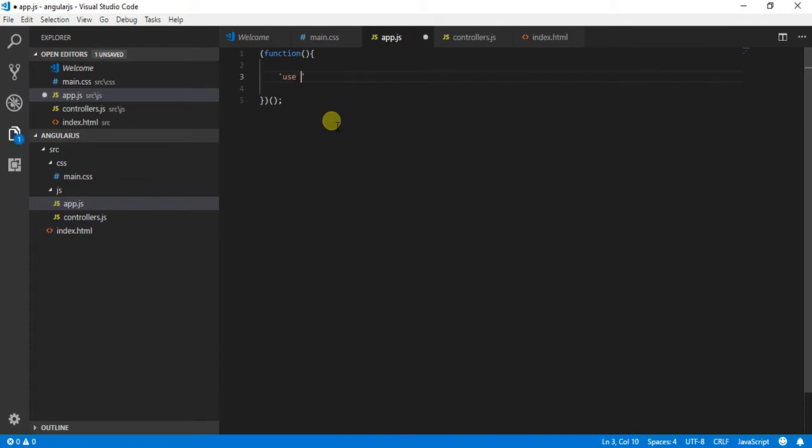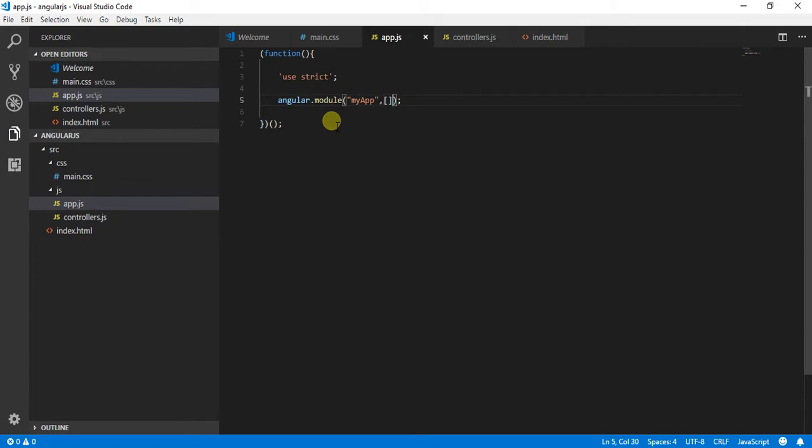I will say use strict, and from here I will say angular.module. I am going to name my module myApp. Okay, so this is a very basic structure that I have created for my module